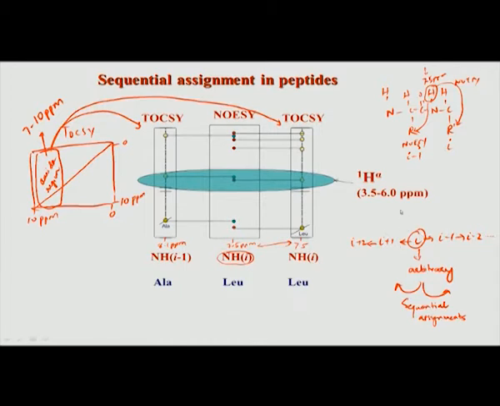One thing you see in this discussion is that we are only unidirectional, it is a one way path, meaning I am only looking at correlation from I to I minus 1. That means, in a NOESY spectrum, for a given residue I, I will get correlation only to I minus 1. And why is that so? We will see that later.